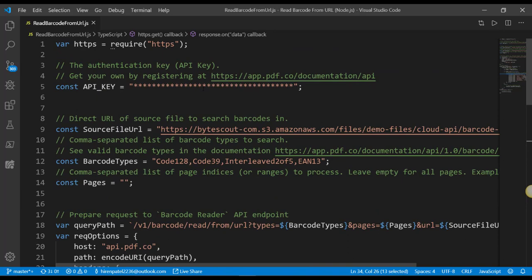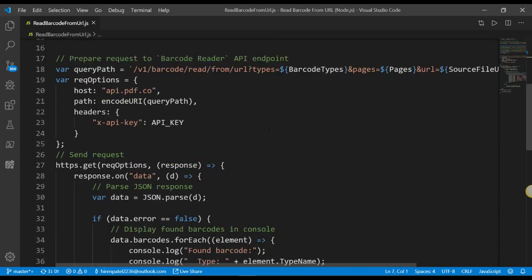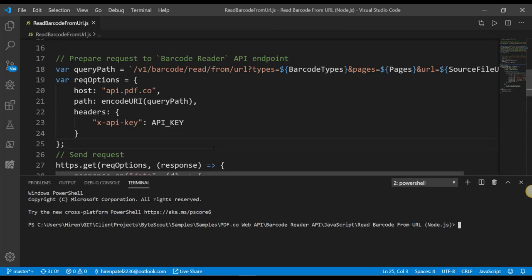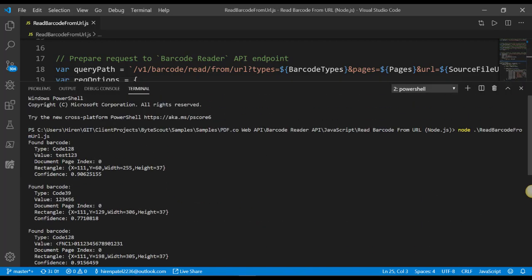I am temporarily going to pause this video and update the API key here. Alright, I have updated the API keys. Let us fire up the console and execute the node command here. It has started uploading, let us wait for the response, and here we got the response.